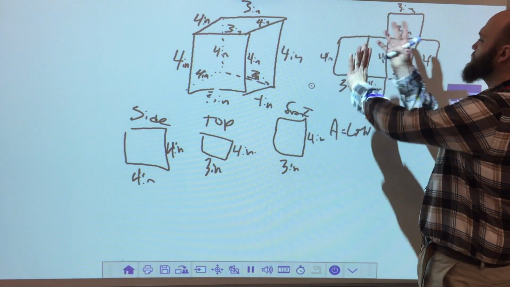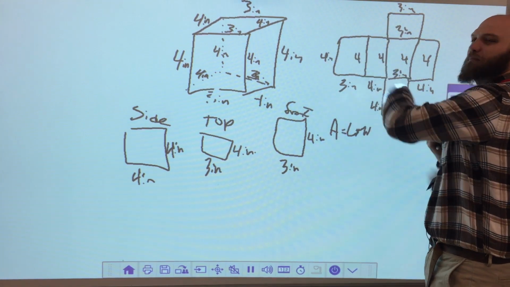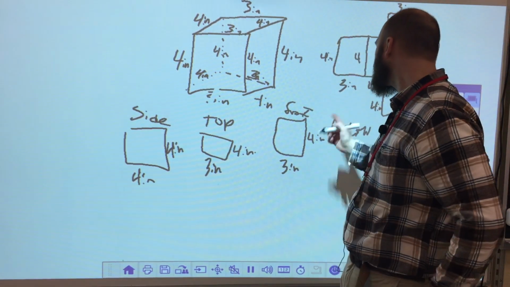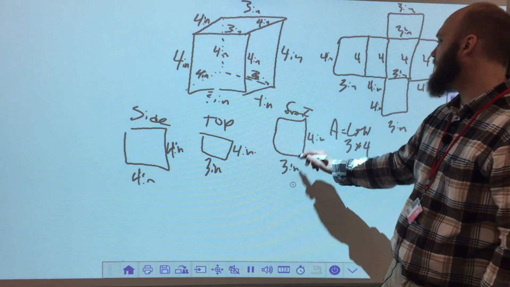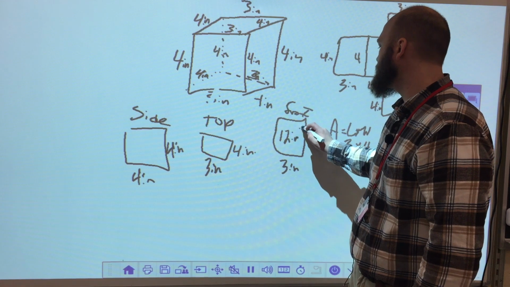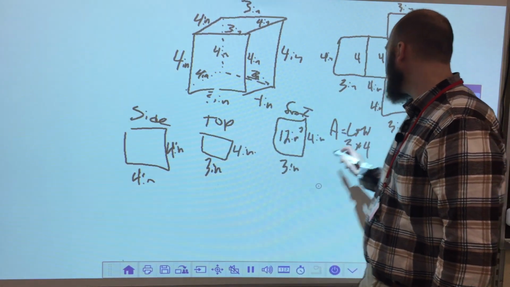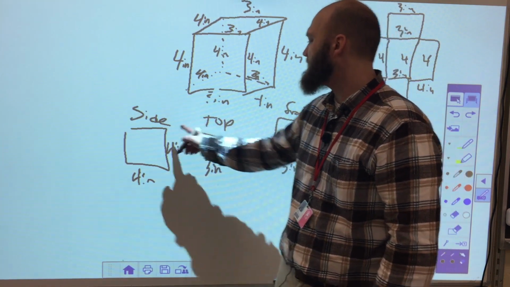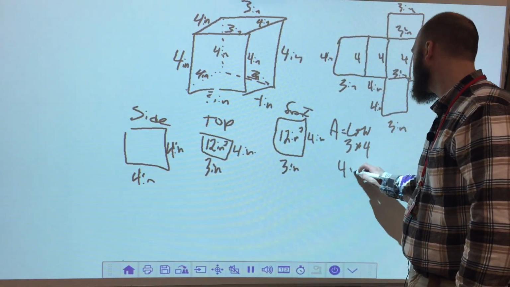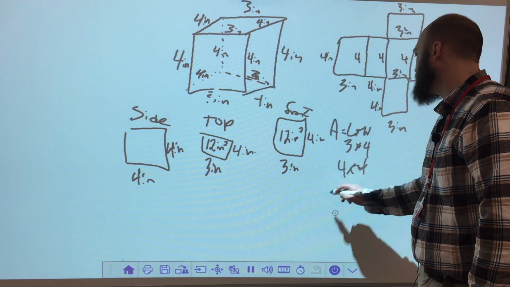Again, I've taken this whole shape and I've laid it out. I know all the different pieces that I need to solve. Area equals length times width. So 3 times 4 for my front, that's 12 inches squared. My top is also 3 times 4, which is 12 inches squared. And my side is 4 times 4, which is 16